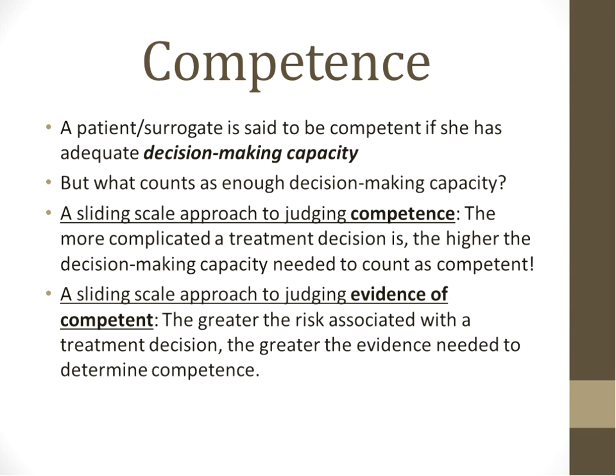But the follow-up question is, well, how much evidence do we really need to determine that fact? If a lot hangs in the balance, you want to have more evidence than you would if not a lot hangs in the balance. It's important not to conflate these two. Sometimes you'll hear someone say something like, well, boy, they're making a pretty big decision here, so I don't know if they have enough decision-making capacity. We'll have to get a surrogate decision-maker or appoint a guardian or something like that. But see, notice that sort of statement confuses these two